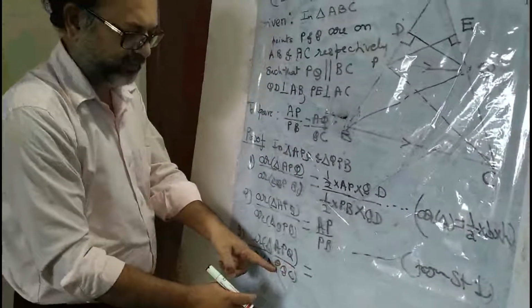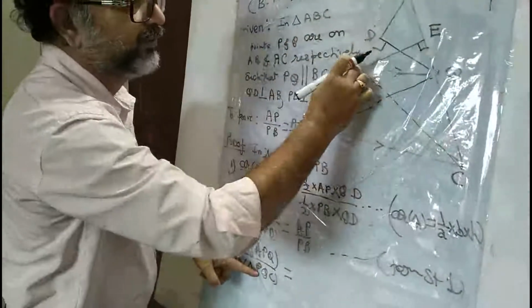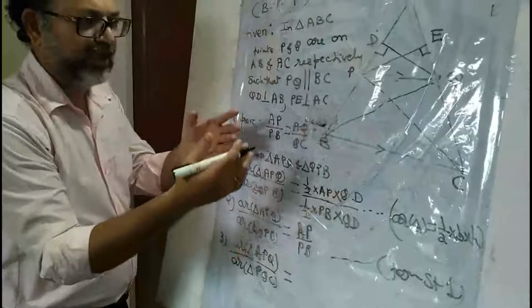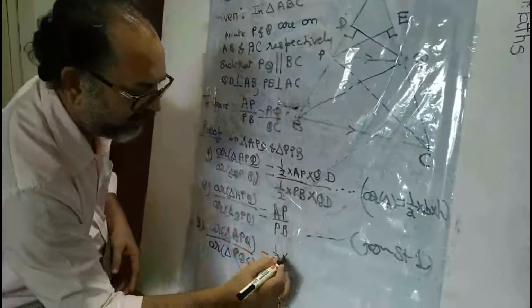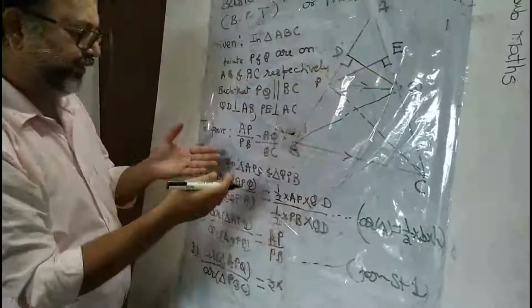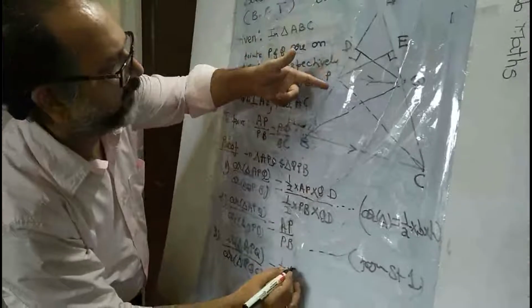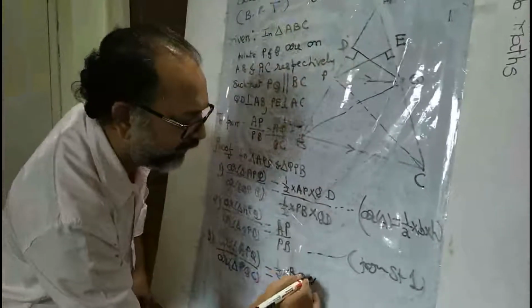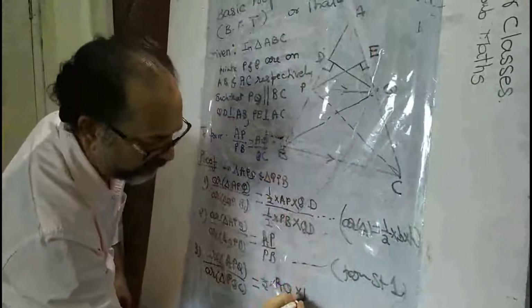PQC. Now area of triangle APQ upon area of triangle PQC is, again we use the area of triangle formula, half base into height. For this area we already wrote half AP, but this time we will not take AP as the base, but we will take AQ as the base. Half AQ multiplied by, now on this base which is a perpendicular, PE